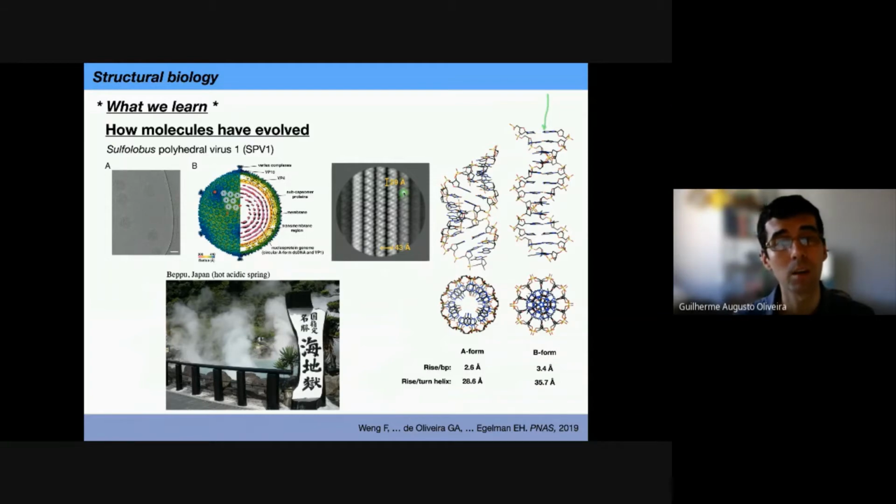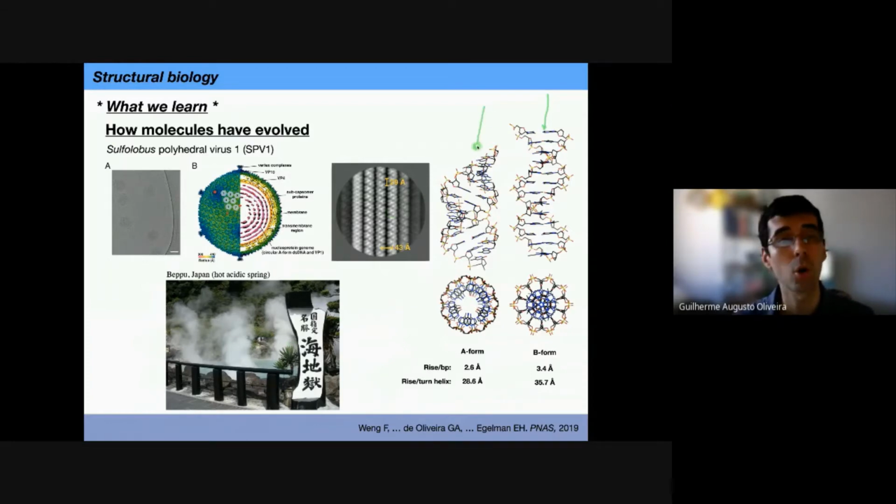And this has a lot of implications to how these viruses behave in these pretty harsh and nasty environments. So the relevance of this work is to understand that several organisms living in this kind of bizarre environment probably use a different molecular DNA architecture to keep them alive in this kind of environment, especially because